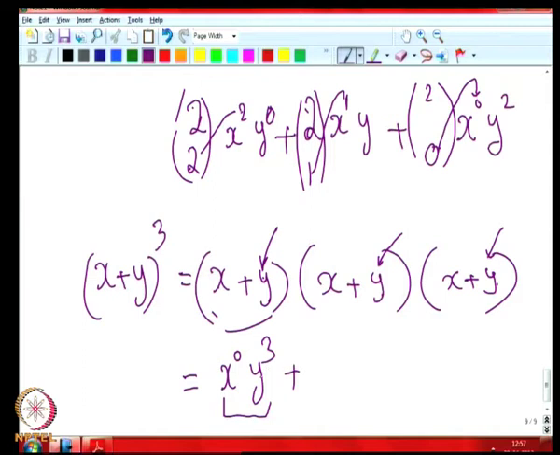For y cube to come, there is no other way: y has to be contributed from each of these gates, then only we can get this y cube, x raised to 0 y cube. So, therefore, it will come only one way. So, therefore, that corresponds to